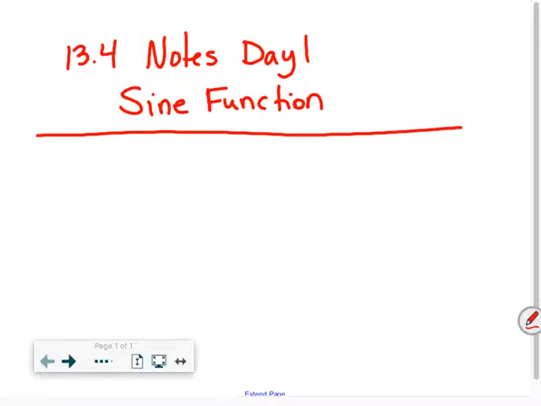Alright, so now that you have paper, 13.4, we are going to talk about graphing the sine function. So we have looked at evaluating sine, like sine of 30 degrees, sine of 135 degrees, sine 360 degrees. Now what we're going to do is piece together the unit circle so that we can actually graph the sine function. So I want you to recall